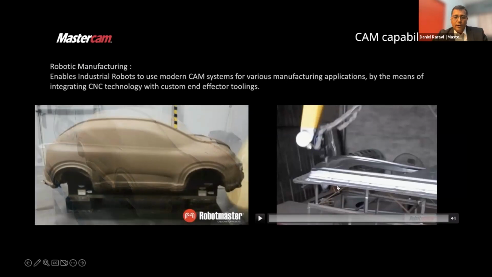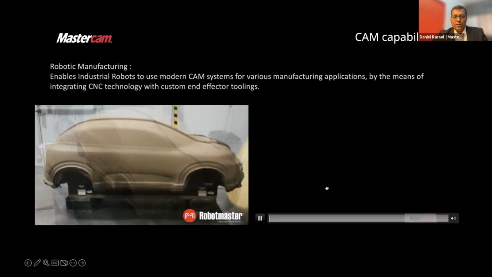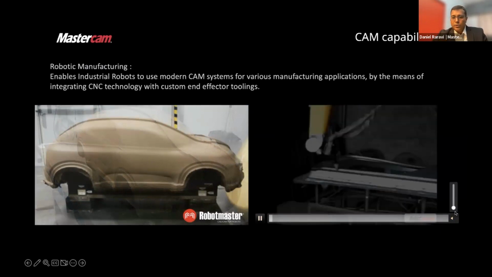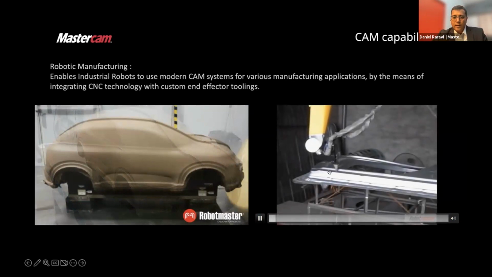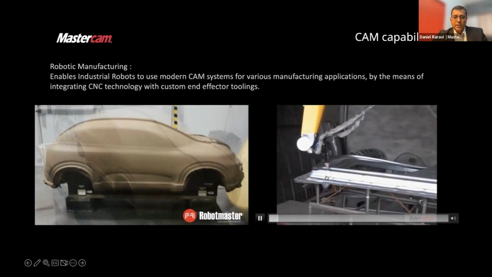Similarly, for sheet metals, when it comes to trimming and when it comes to making holes with laser tools, robots are again used to give the same results.